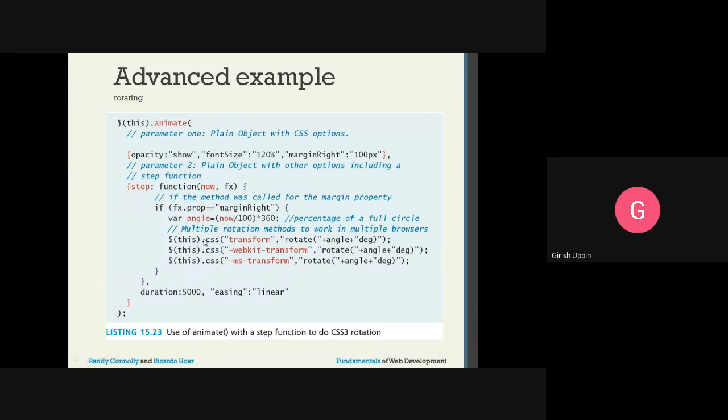If it is marginRight, it is going to change the angle. That is how the implementation is here. We are doing the transformation, then WebKit transform rotate angle. This is the angle that is calculated here, now divided by 100. Okay, so this is the function.